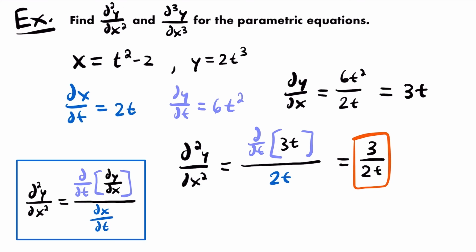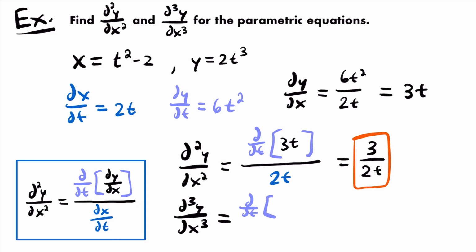We found our second derivative, but now we want to find our third derivative. And that's going to involve that second derivative that we just found. We're practically going to use this same formula, but instead of taking the derivative with respect to t of the first derivative, we're going to take the derivative with respect to t of the second derivative. And we're still going to divide by dx dt. So the third derivative, d cubed y divided by dx cubed, will be equal to the derivative with respect to